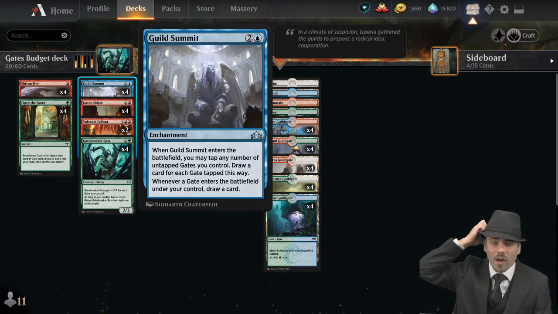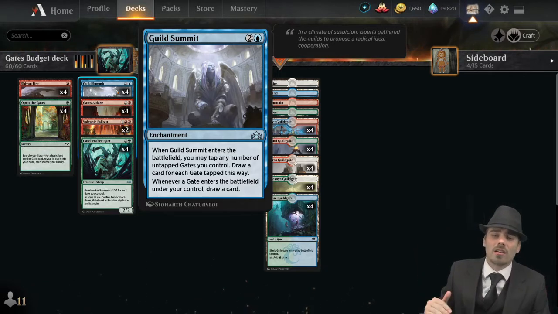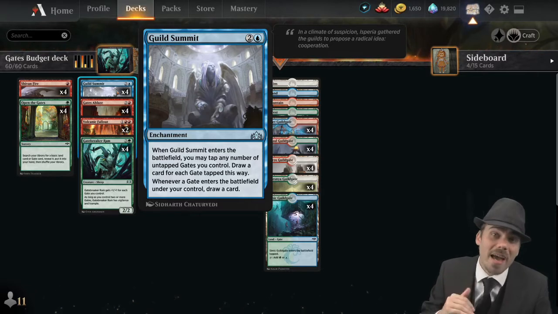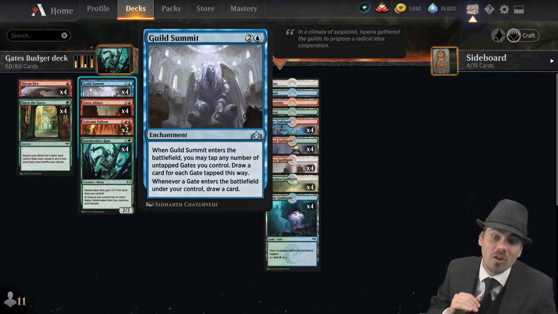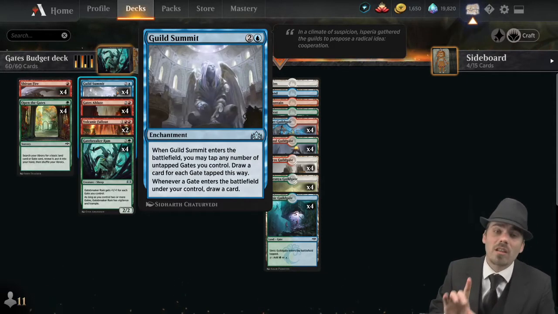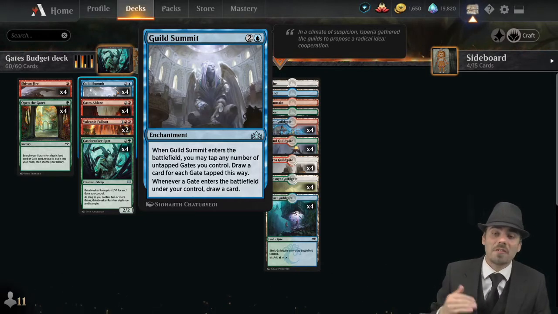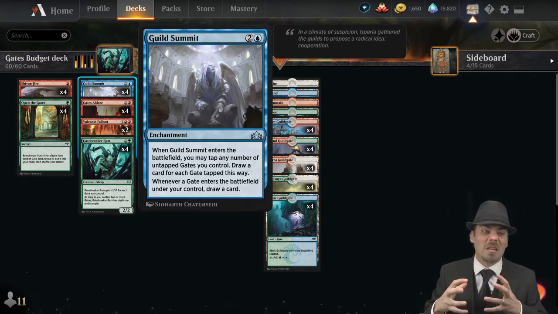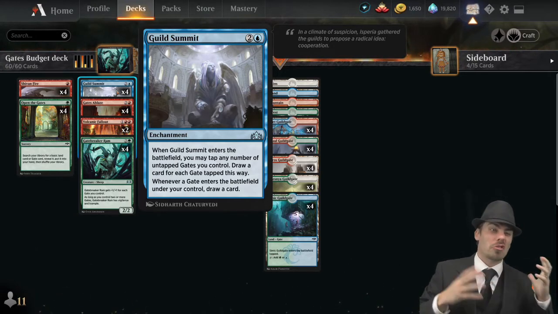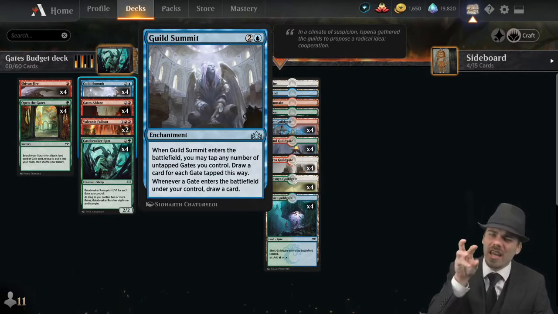Guild Summit. When it enters the battlefield, you can tap any number of gates you control, draw a card for each gate tapped this way. Whenever a gate enters the battlefield under your control, draw a card. This is one of the linchpins of this deck, folks, because this is one of the key things. Yes, oftentimes, if you have some really powerful bomb rare mythic, like a big old planeswalker or huge dragon or something like that, this one individual card is so powerful,